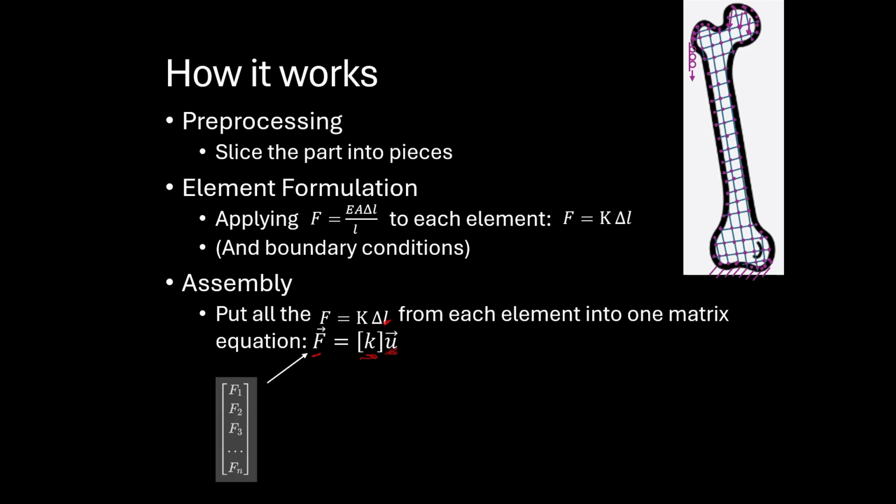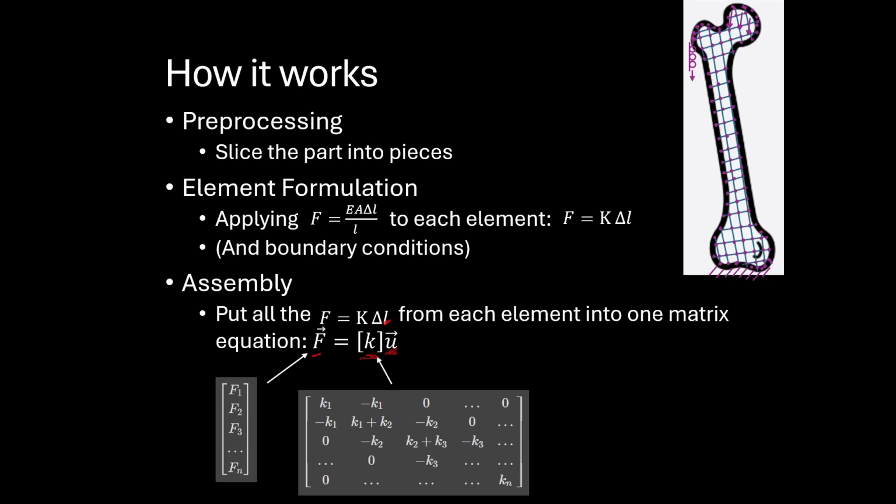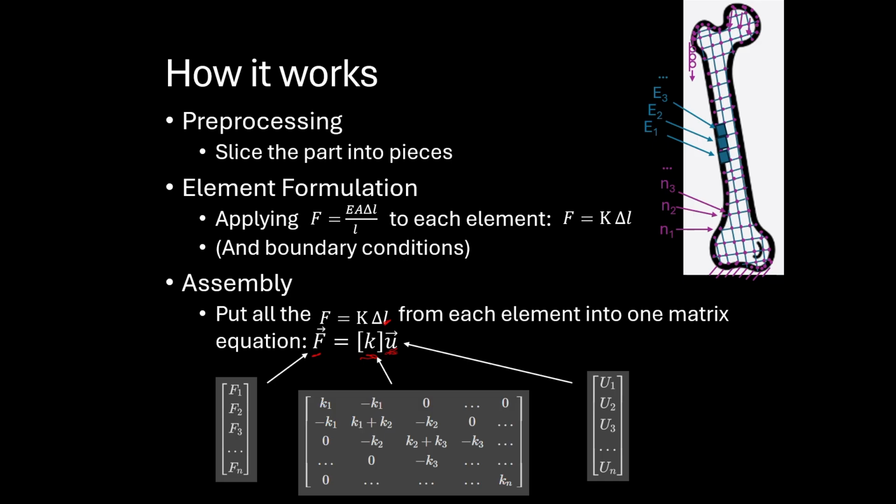So this is what our force vector looks like. This is what our K vector looks like. This is what our displacement vector looks like. So each node has a number, each element has a number. And so the F1 value here is all the forces that act on node 1. And F2 is all the forces that act on node 2. And similarly, our K1 value is the stiffness of element 1. And our K2 is the stiffness of element 2. And then in our displacement vector, U1 represents the displacement of node 1, U2 represents the displacement of node 2,